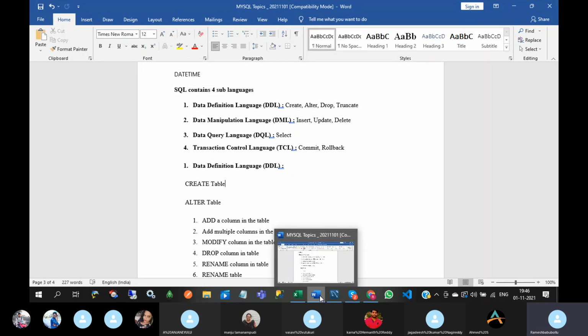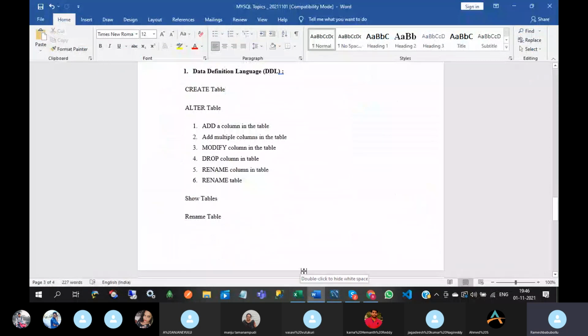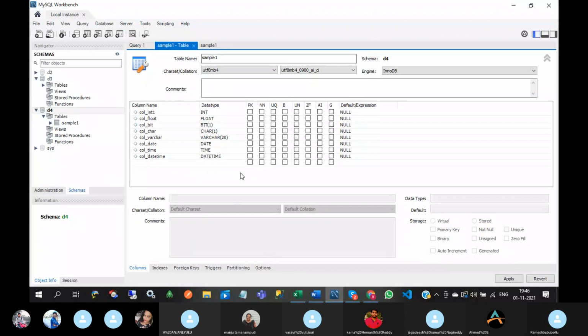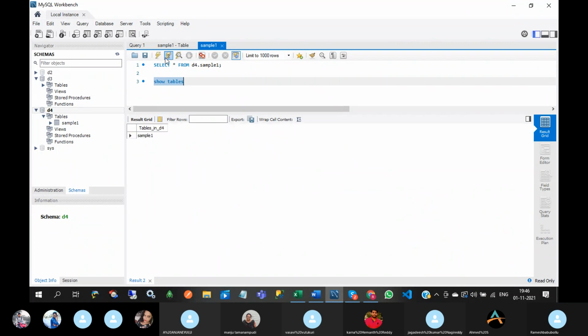Okay, and show tables. So this command will display the list of tables.